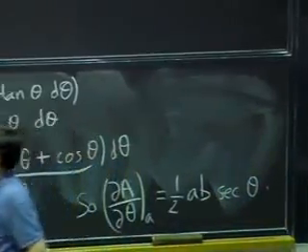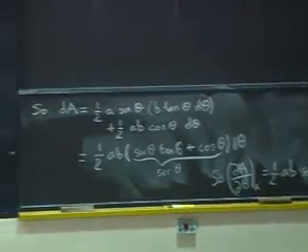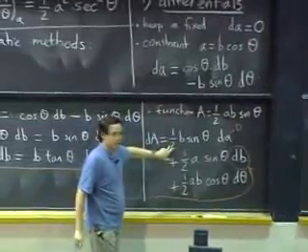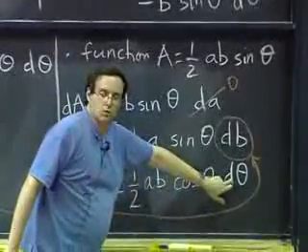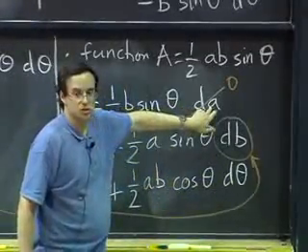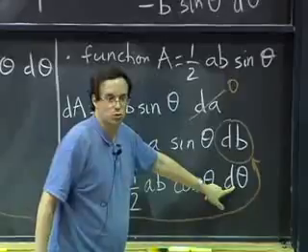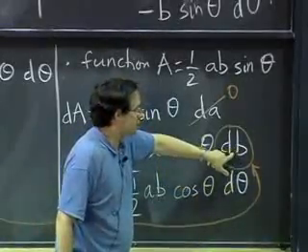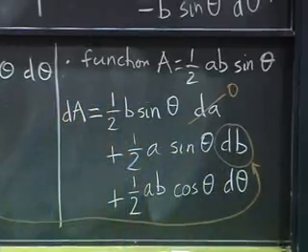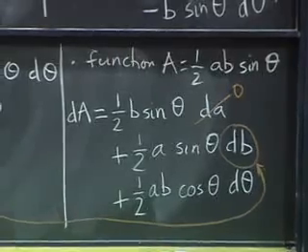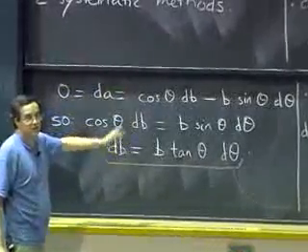Okay, in case it's clearer for you, let's think about it backwards. So we wanted to find how A changes. To find how A changes, we write dA. But now this tells us how A depends on little a, little b, and theta. Well, we know we want to keep little a constant, so we set this to be 0. Theta, well, we're very happy because we want to express things in terms of theta. dB we want to get rid of. How do we get rid of dB? Well, we do that by figuring out how B depends on theta when A is fixed. And we do that by differentiating the constraint equation and setting dA equal to 0.